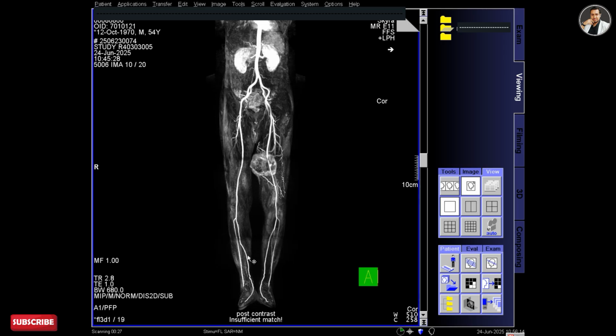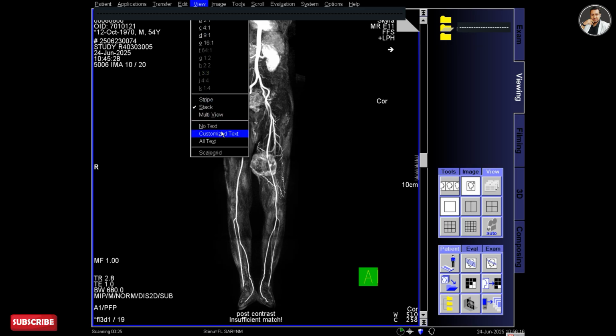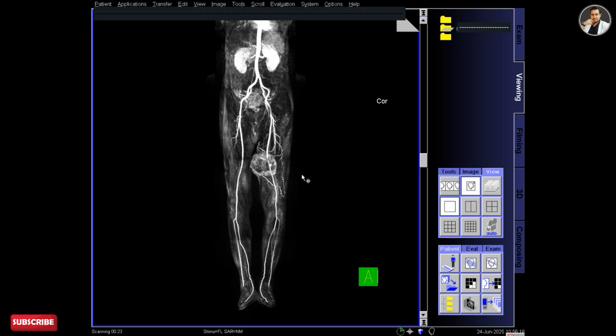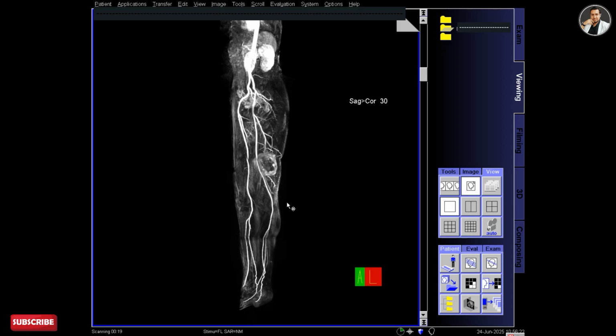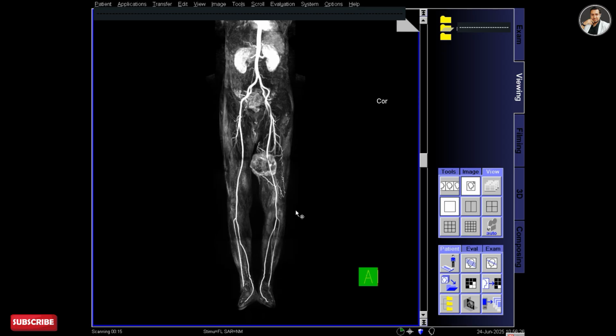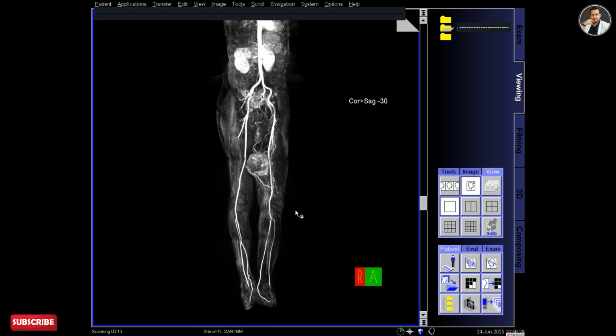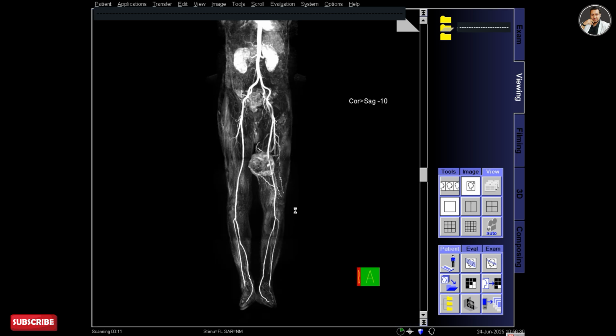The doctor wants to see the vessels that supply blood to the tumor. This is a beautiful peripheral lower limb angiogram of MRI that you can see from abdomen to foot.